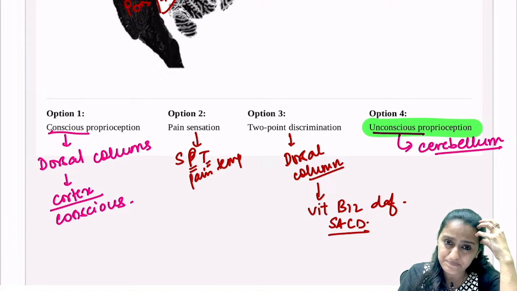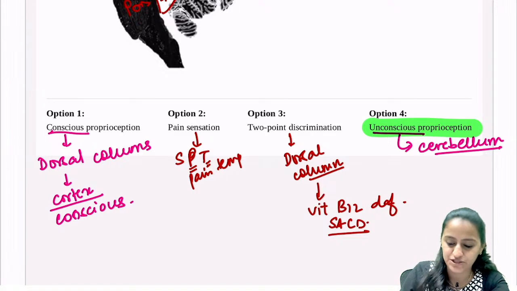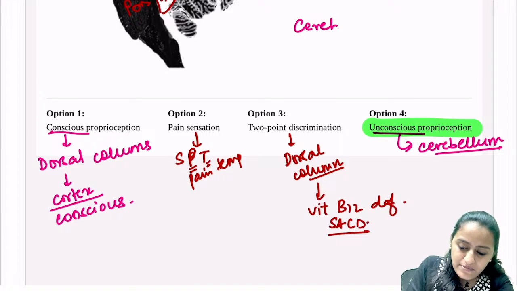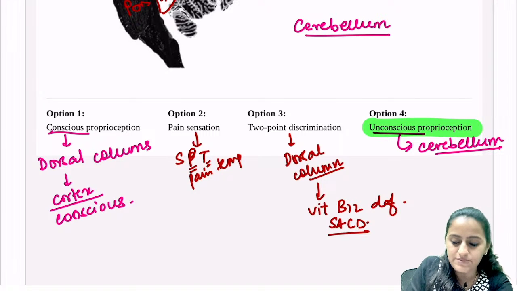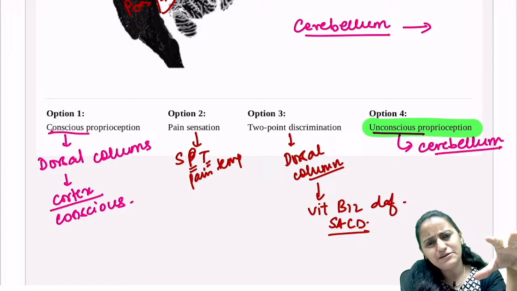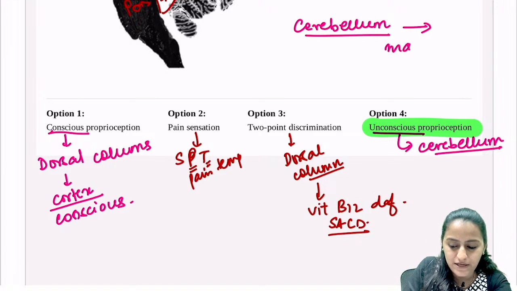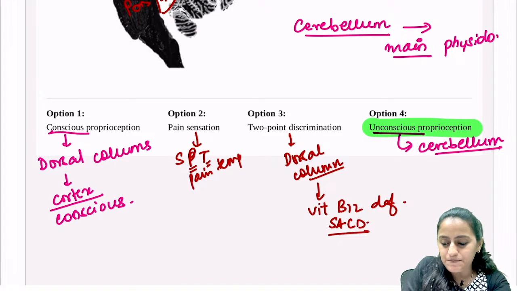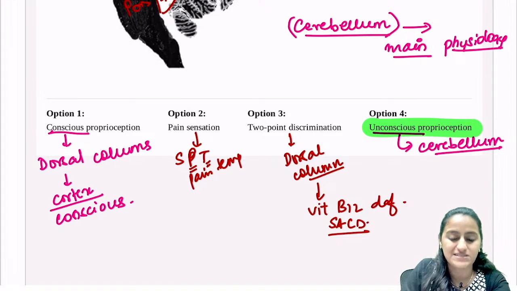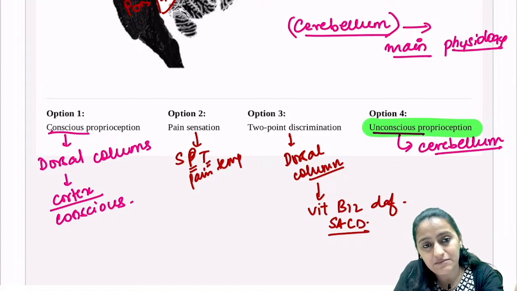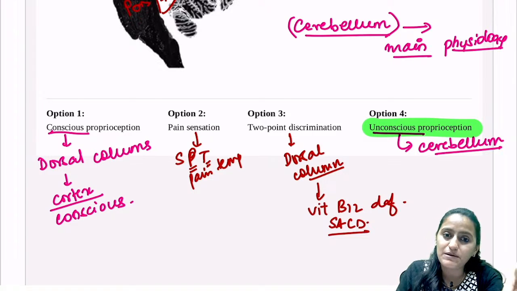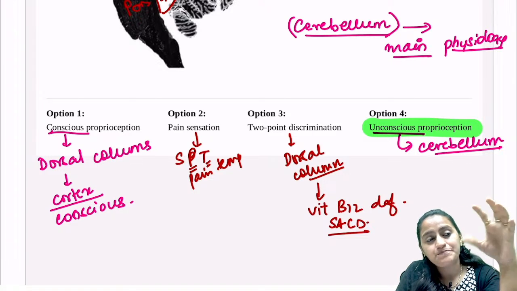Okay, cortical functions are conscious functions. An important reminder for everybody on the Medsynapse app: there's a detailed video about the cerebellum in the main videos, under Physiology, Anatomy, extra topics, the surplus topics. You have to watch this cerebellum video, very important, where we have discussed the cerebellar peduncles, the tracts, and also the various cells